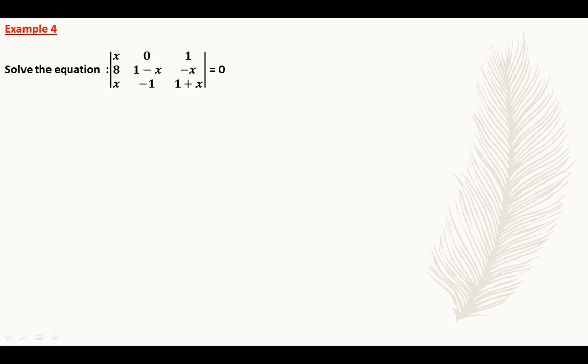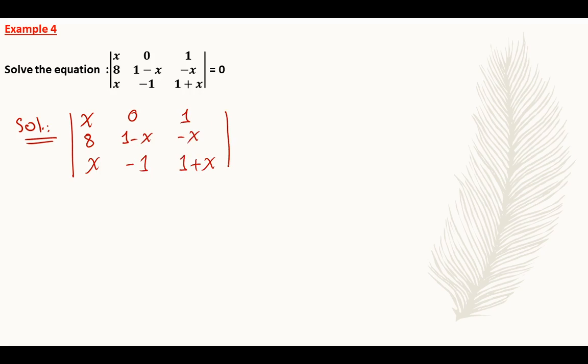Okay, let's solve it together. First we have to find the value of the determinant. Solution: x, 8, x, 0, 1 minus x, negative 1, 1, 1 minus x, 1 plus x, this is equal to,